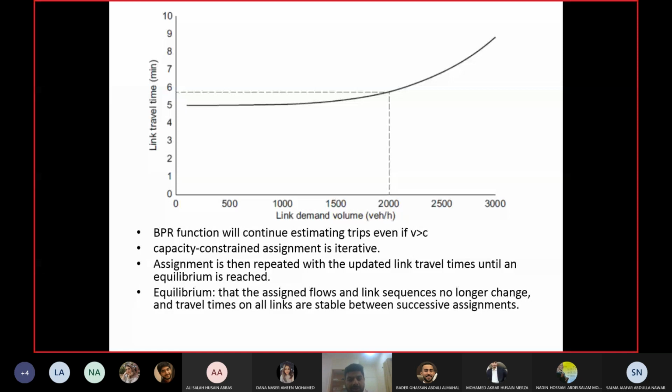Okay, just a point. Some students asked me, and I told them, even when you are calibrating the OD matrix, origin destination matrix, you can stop when there are no changes in the factors, the ratios. Okay, if you feel the ratios keep on repeating themselves, the ratio between the column summation and the data and the row summation and the data, you can stop there. So even in that case, equilibrium means when between one iteration and the other iteration, the factors and ratios are not changing. Okay, same thing here.